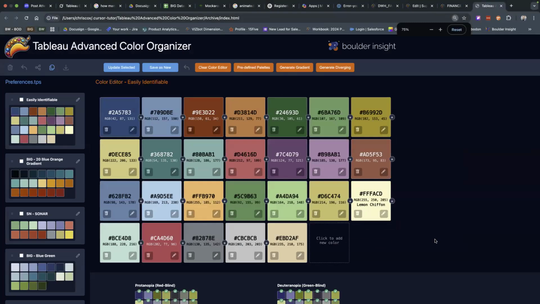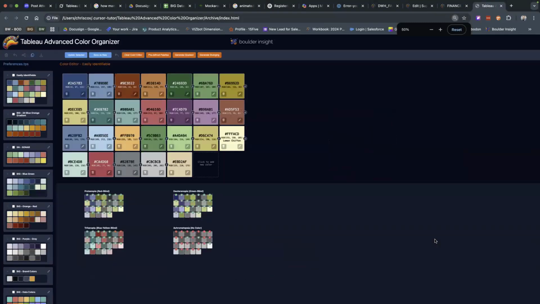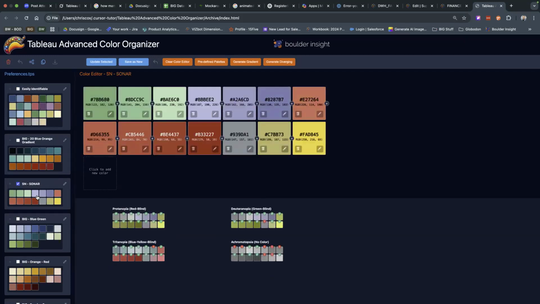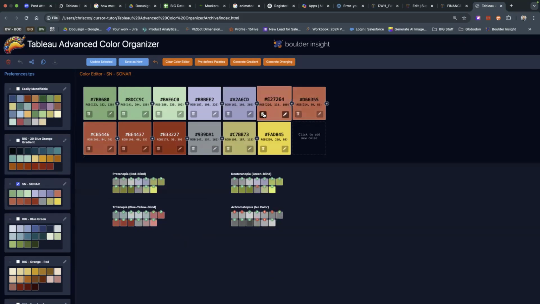Let me scale my browser down a bit, as you can see. What we do is we check these palettes for the different colorblind types. So here we could tell you that this color palette works well. If I want to qualify for a good color palette, I'd probably get rid of this one, because now this one's all good. Now we get rid of the second one here. So then that would be my palette.